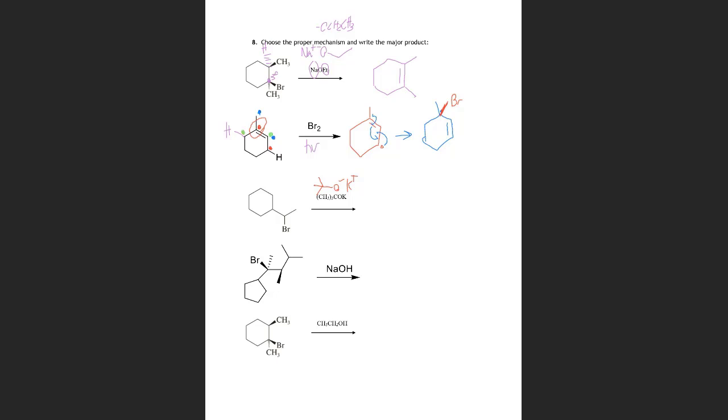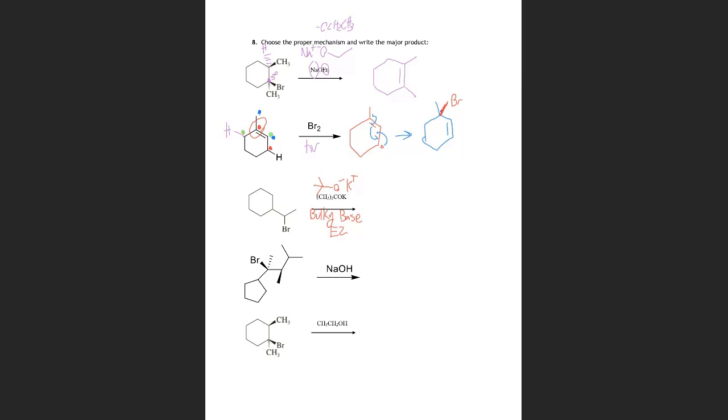And so this is going to move toward E2. So if you remember from Justin's lecture, he said that for SN2, we do not like bulky nucleophiles because they get in the way of the backside attack. And so this is going to be what we call a bulky base,